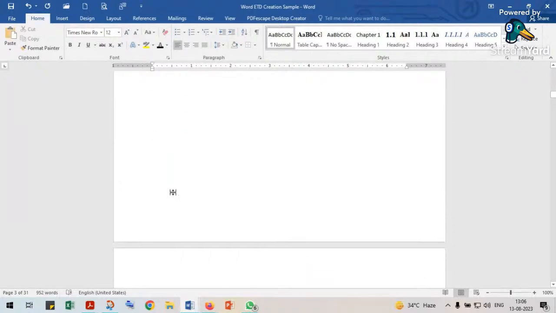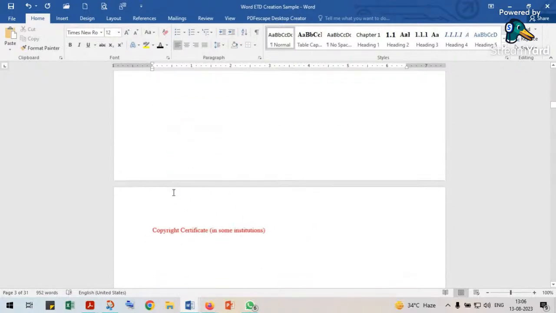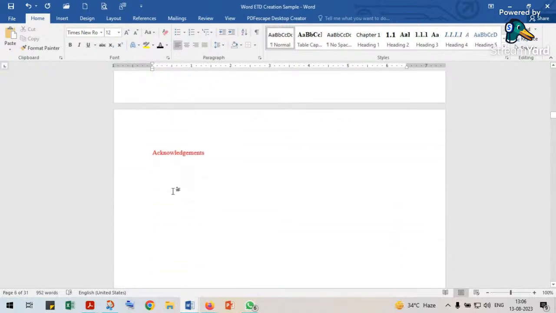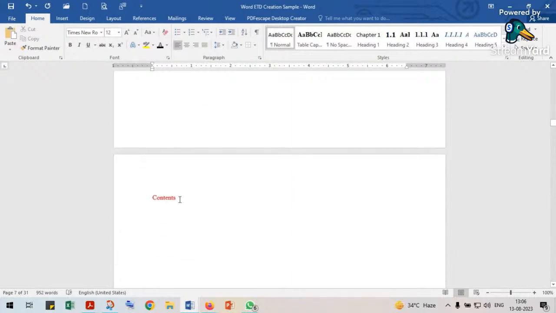And let us come to, let us give it after contents are here. But before we give the contents, we must give the numbering, page numbering in our document. So for that,